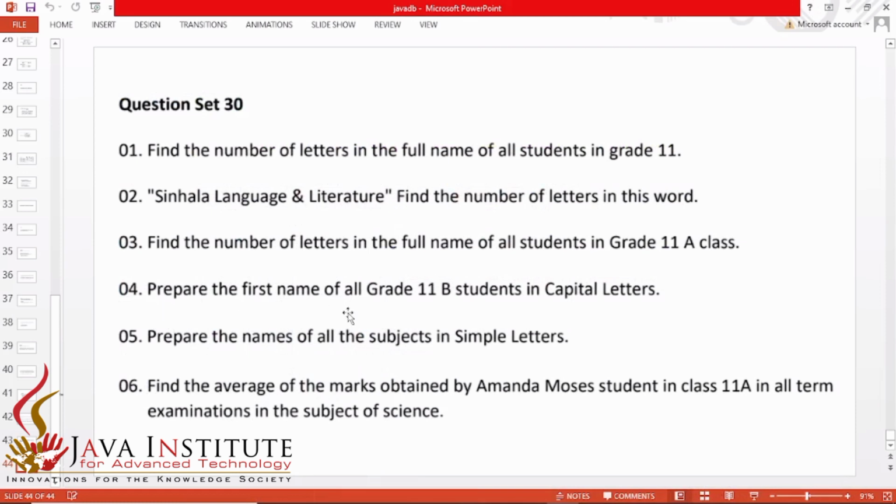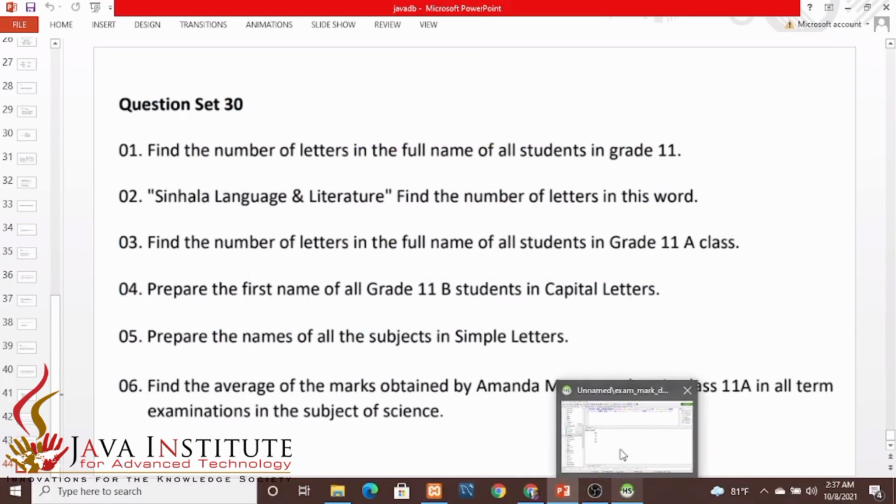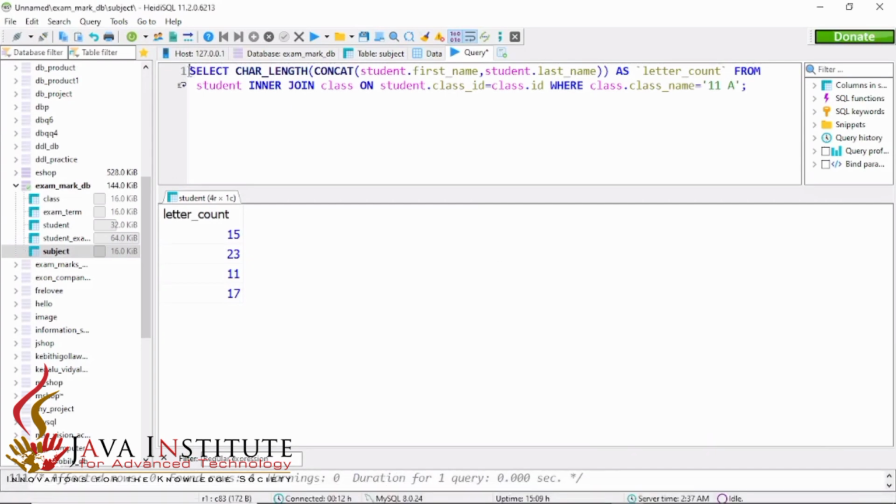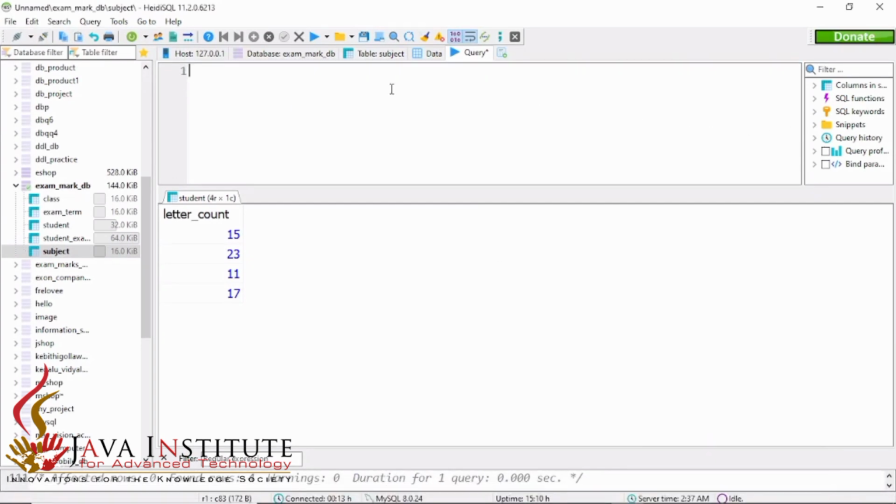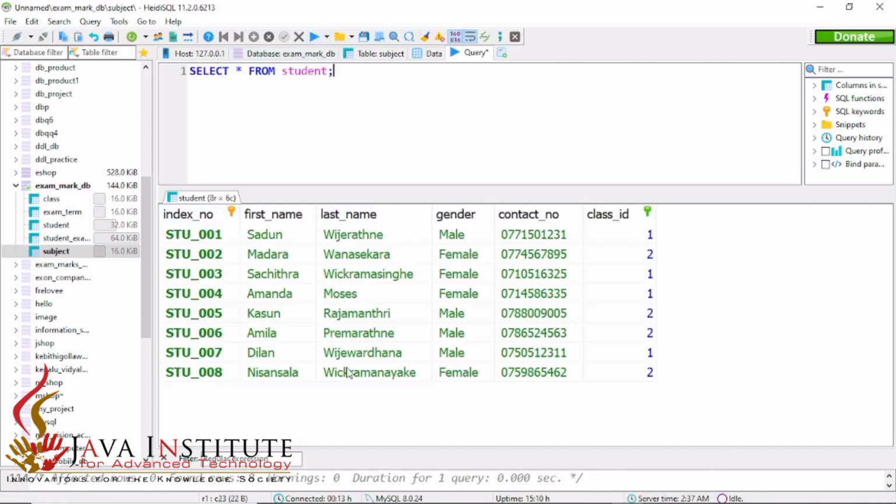Prepare the first name of all grade 11B students in capital letters. So for that we have to use the upper function. So okay, let's write the query for that. So in this case, first of all I am going to select all from student table. So from this table we have to inner join the class table also, because we have to filter it by the class name here. So I am going to inner join